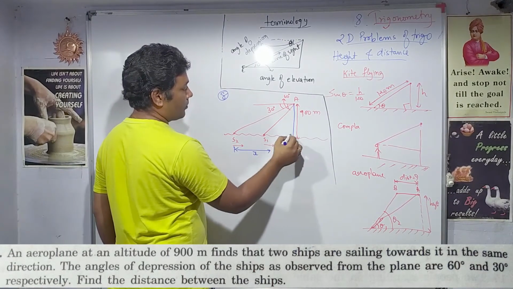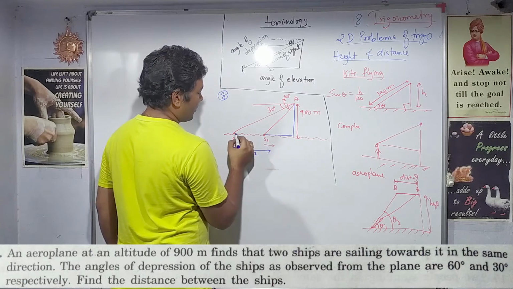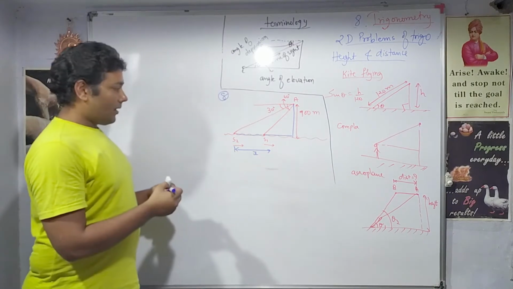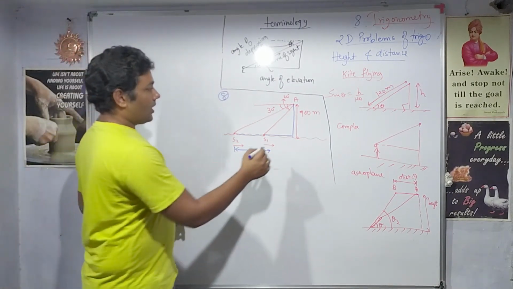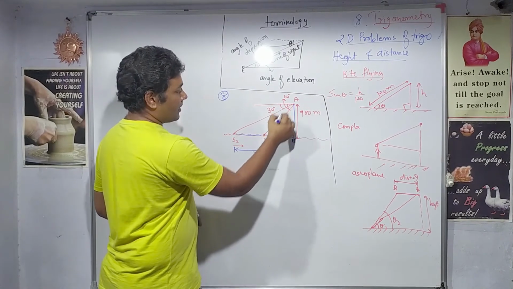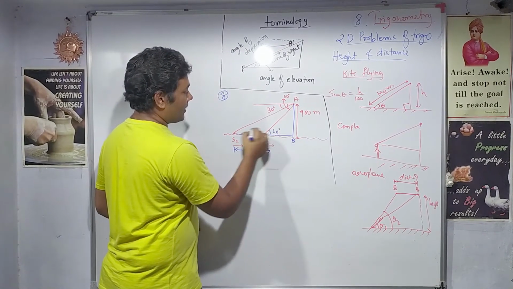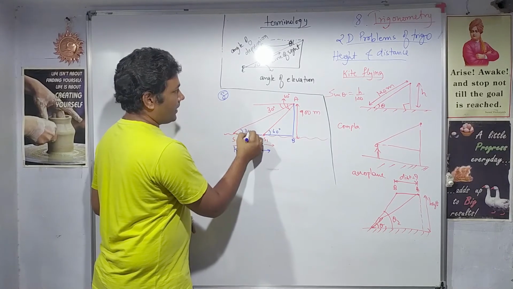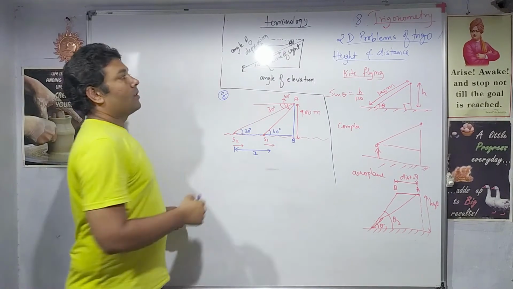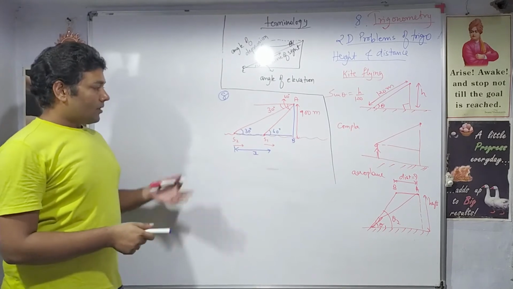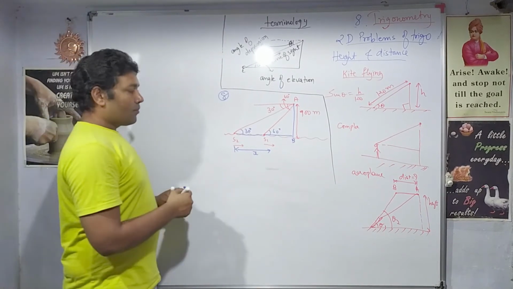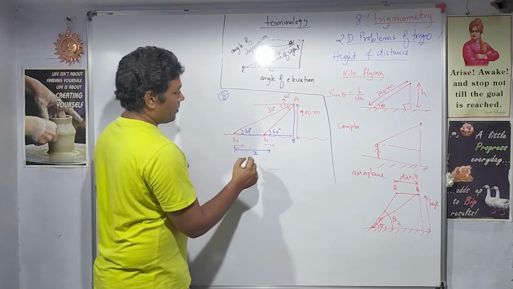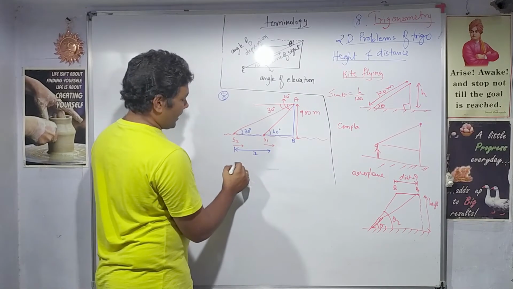So here we have two triangles, right? Two triangles we have, naming AB. Since this is 60 degree, this will be also 60 degree and this will be 30 degree. Right, as I have explained here, depression and elevation. Let us start again. Simple question here we have. So first triangle